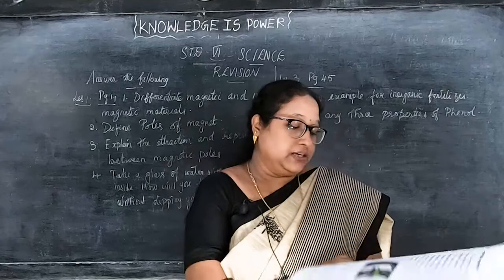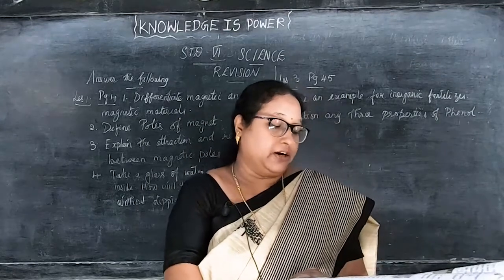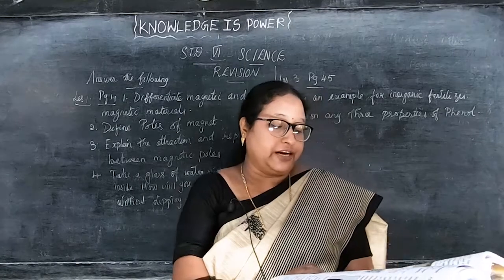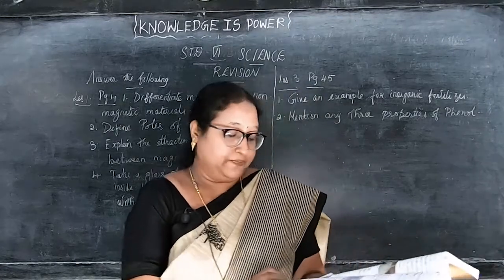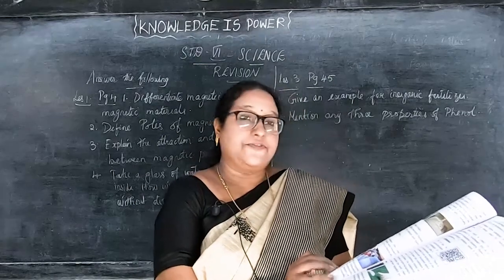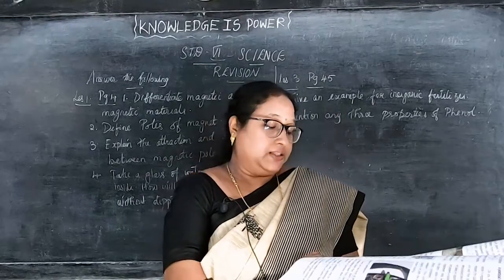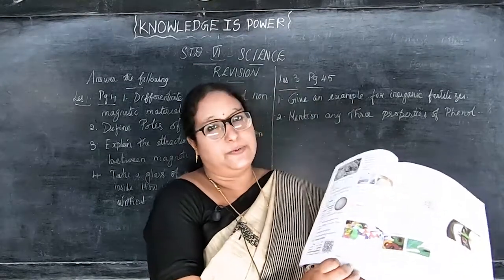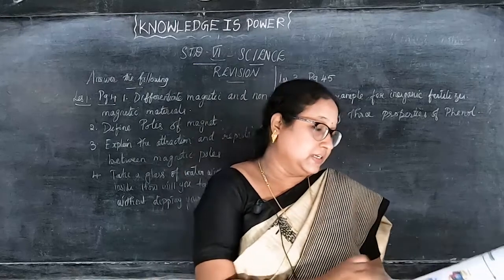Yes, phenol is a carbolic acid, an organic compound. It's a necessary ingredient for preparing a variety of phenol products. That is the first point. Second point, leave the next line and see down. Next line, it is a weak acid. Third point, it's a volatile, white, crystalline powder. 3 points you will write, okay? The next question is,